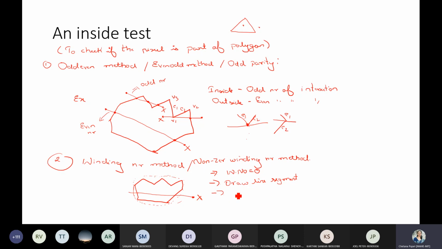Draw a line segment, and then if the line crosses an edge directed bottom to top, from down to up, then you are going to add 1 to your winding number, and if it is going from top to bottom,